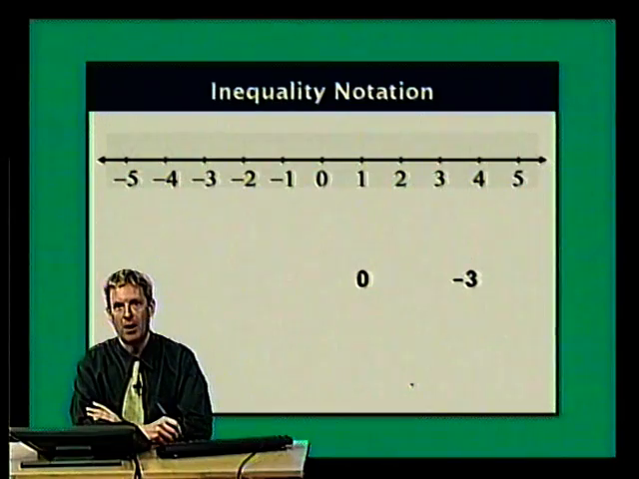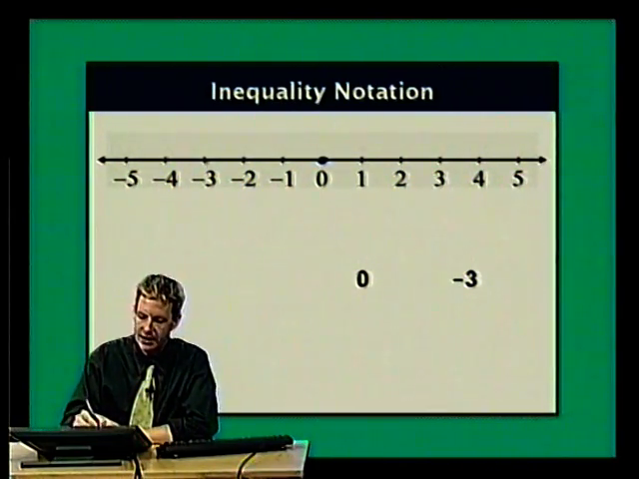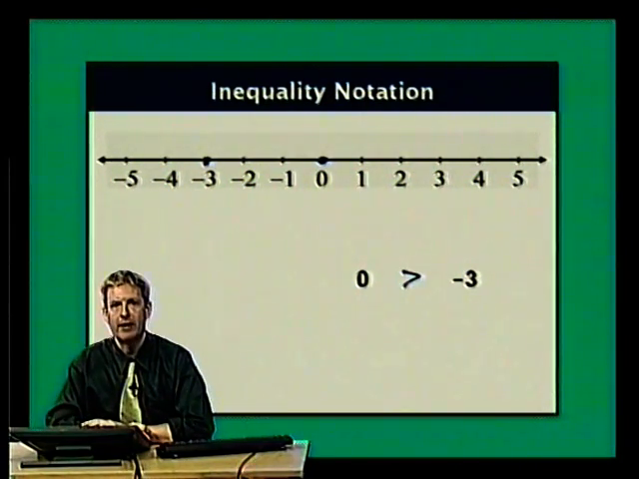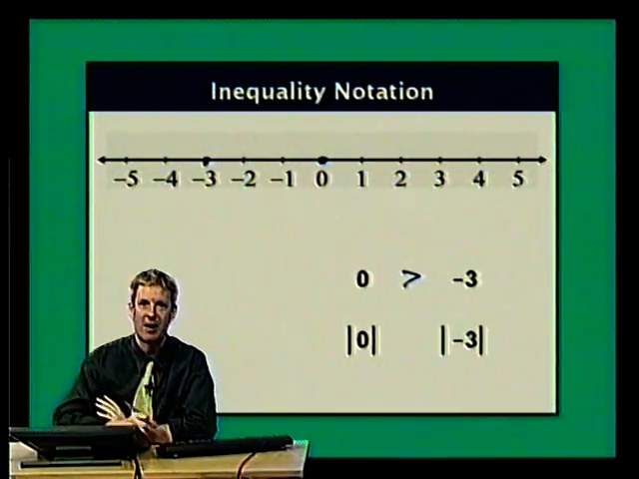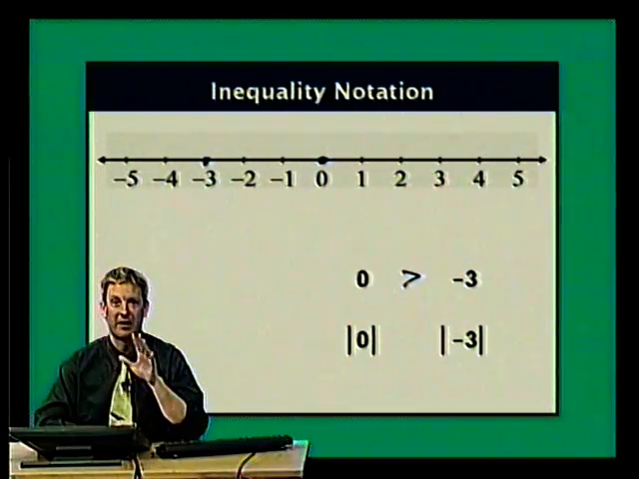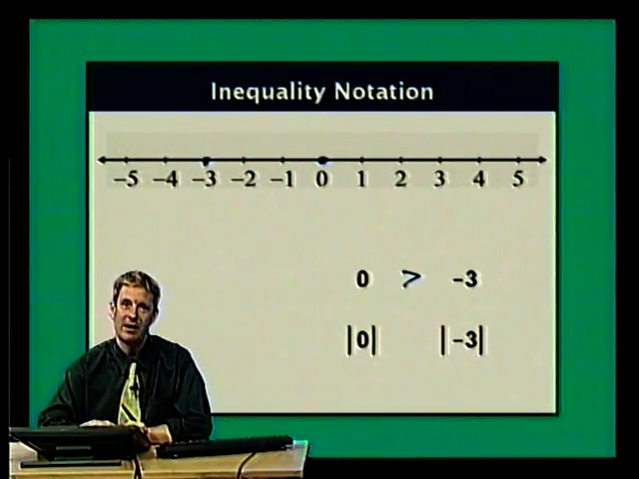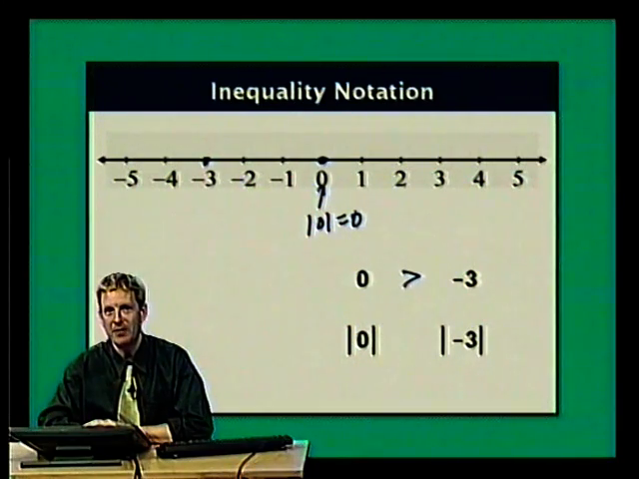Let's compare 0 and -3. 0 lies to the right of -3. So we say 0 is greater than -3. What if we put the numbers in absolute value bars? The absolute value of 0, this sometimes throws people for a little bit of a loop. I'll let you know how I think about it. If I start at 0 and I stop at 0, how far have I gone? I've gone nowhere. The absolute value of 0 is 0 because a trip from 0 to 0 is a trip